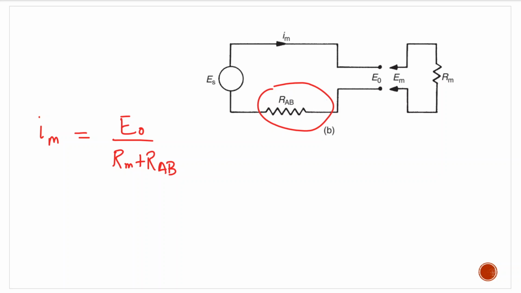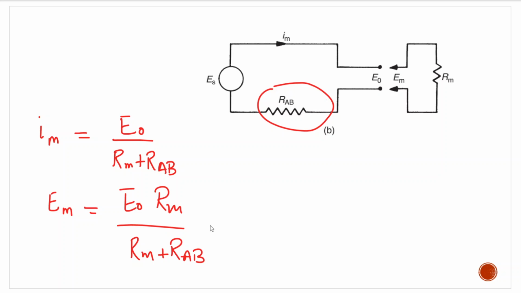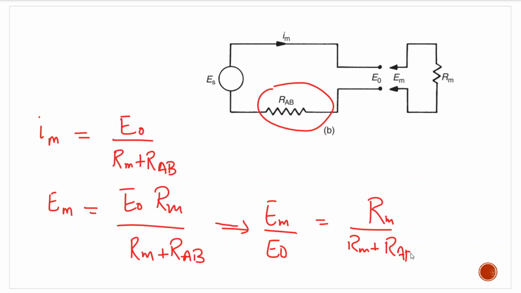I is equal to E naught divided by RAB plus RM, and EM is equal to E naught times RM divided by RM plus RAB, which implies EM by E naught is equal to RM divided by RM plus RAB,